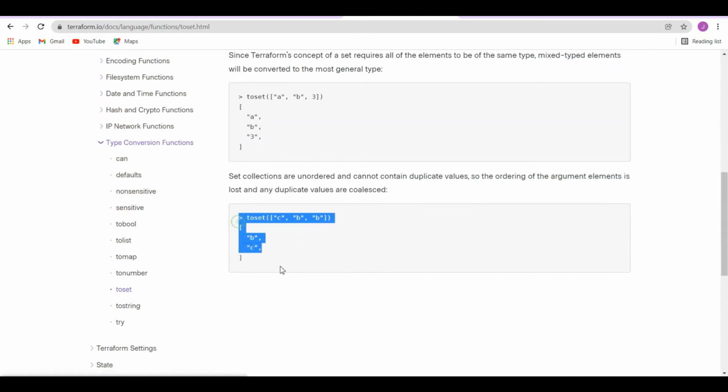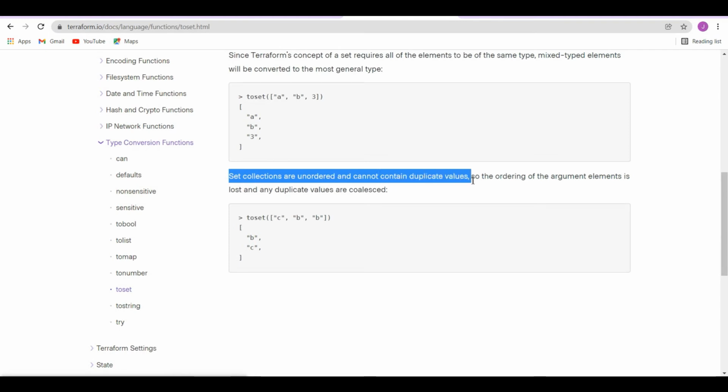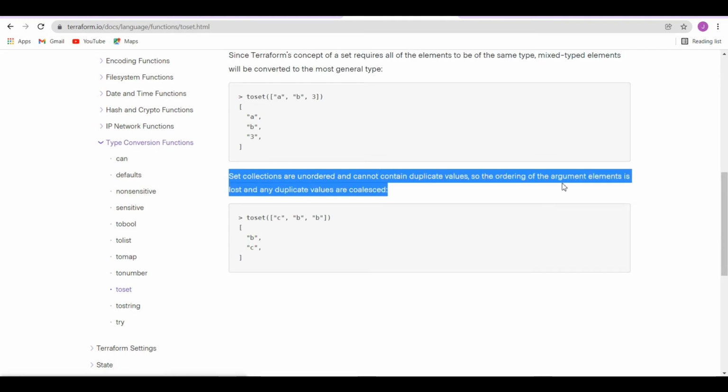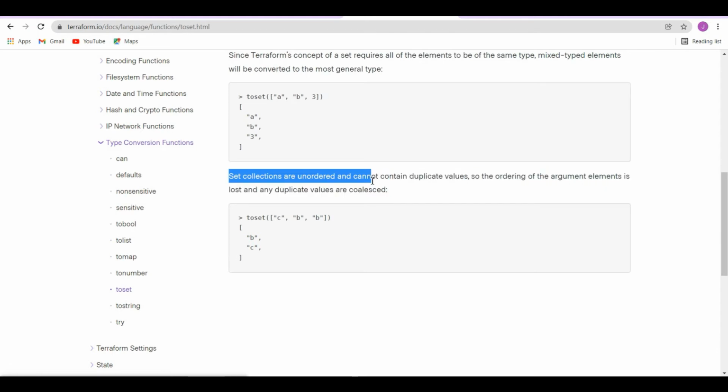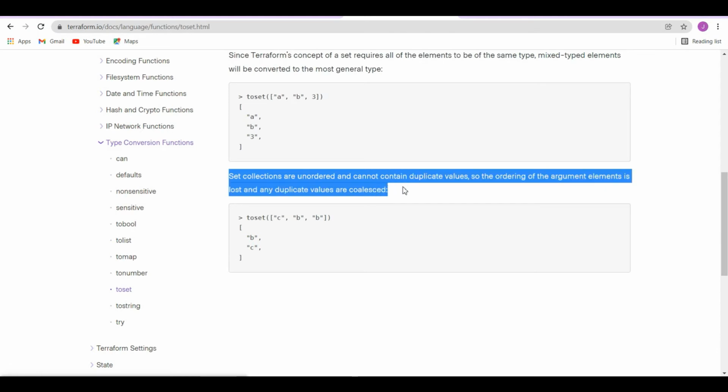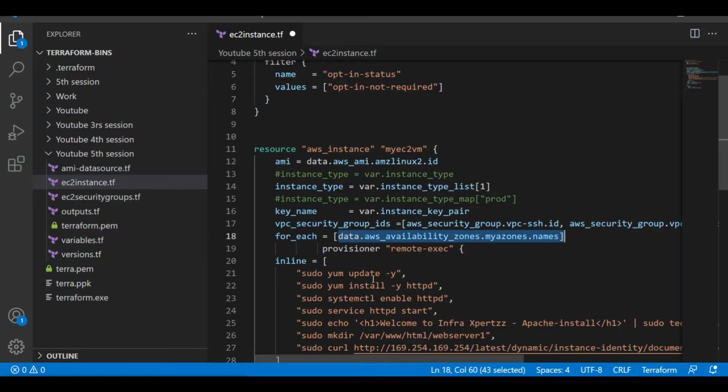Similarly, in here you can see that this is unorganized and also has duplicate values. So the output is organized and the duplicate value has been removed. Set collections are unordered and cannot contain duplicate values, so the ordering of the argument elements is lost and any duplicate values are coalesced. With that said, we are going to have the toset function over here,